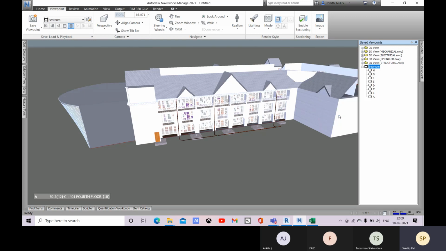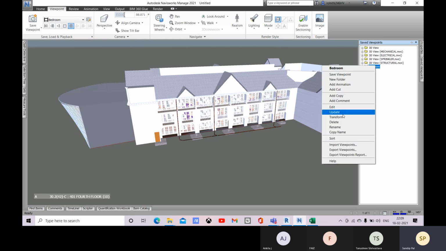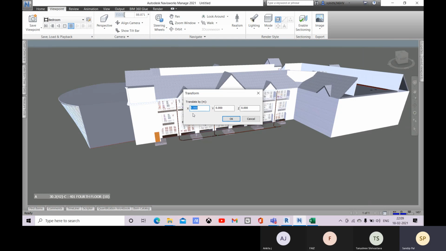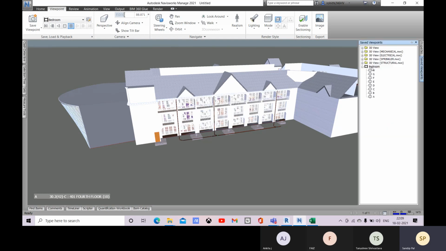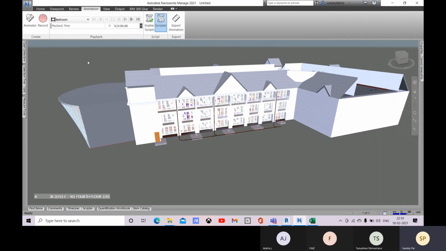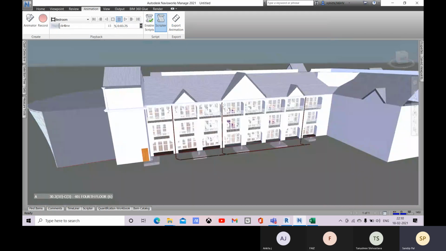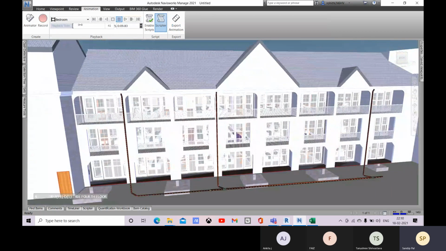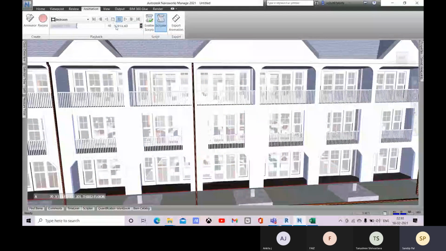You can go to, sorry, transform, these options, or else you can go to the animation option. Okay, so there you can change the playback time, and then you can change the percentage.